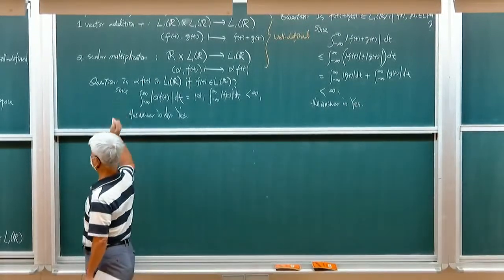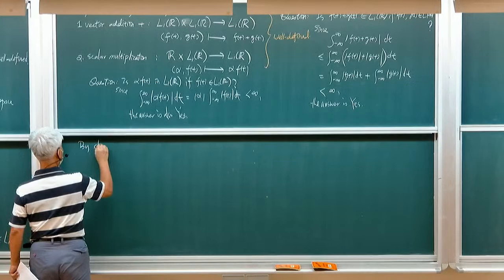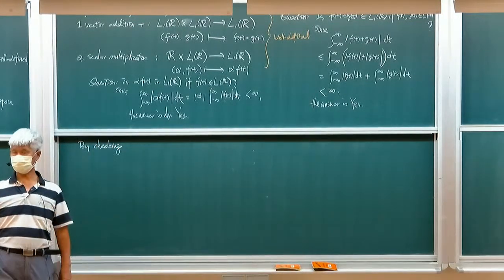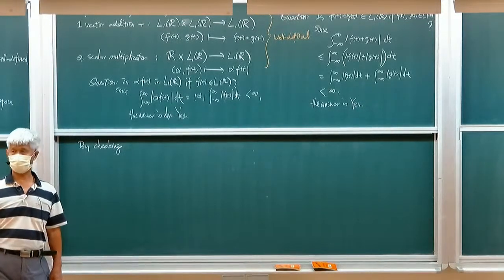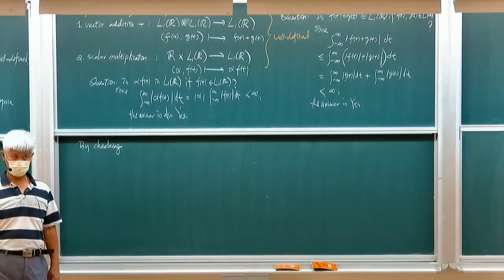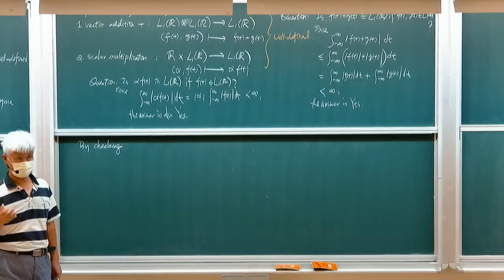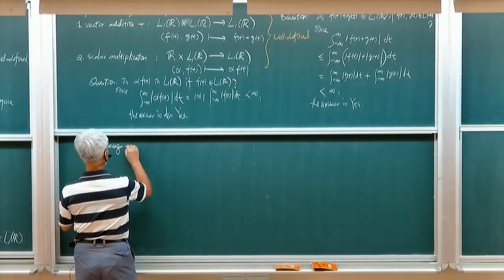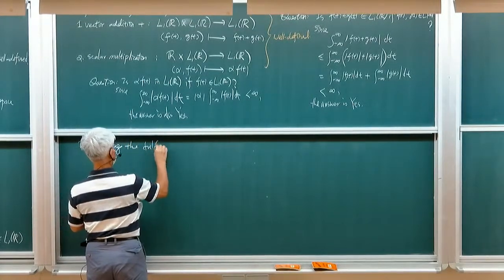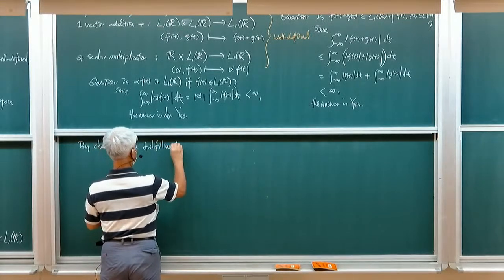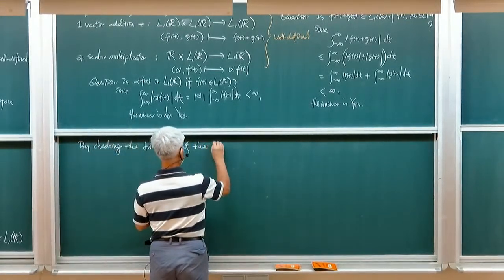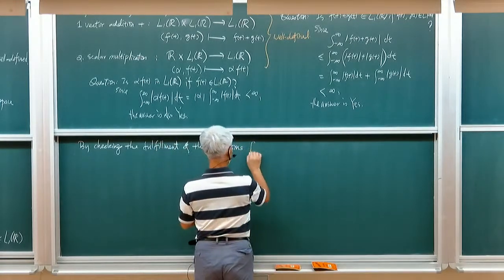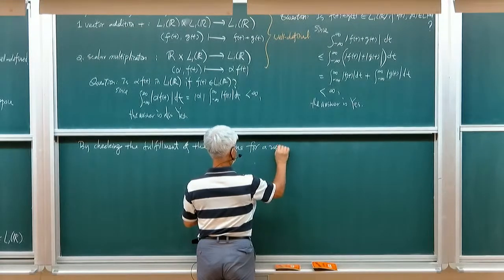And because they are functions, we have experience in doing the sum of two functions and the multiplication of a function by a scalar, right? So we have that experience. So by checking the fulfillment of the 7 axioms for a vector space,